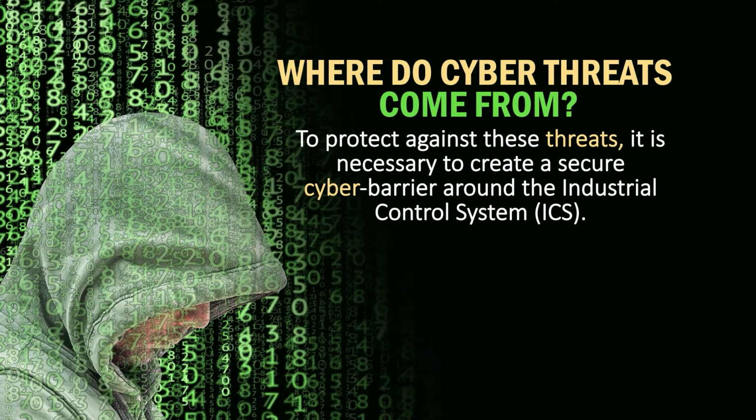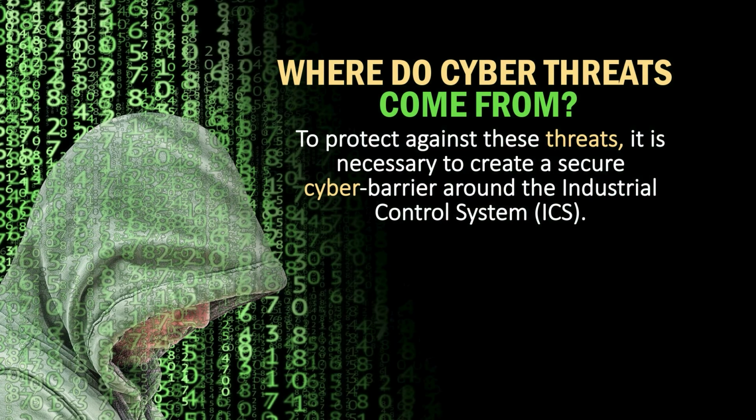To protect against these threats, it is necessary to create a secure cyber barrier around the industrial control system. This is very important, because this talks about IT security as a whole and cyber security in particular. And then in cyber security we have system security, we have network security. If you see this particular image, you will find out that the bigger circle talks about information security, which is a complete background of the security, which starts with management of information security, that is people, legal, ethics, professional issues, risk management.